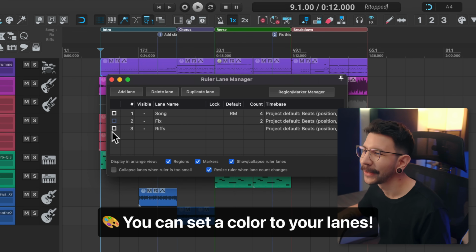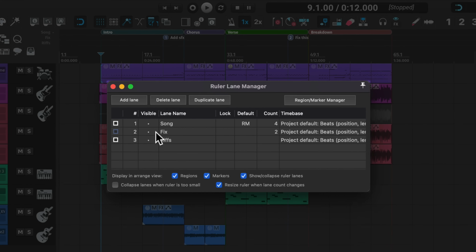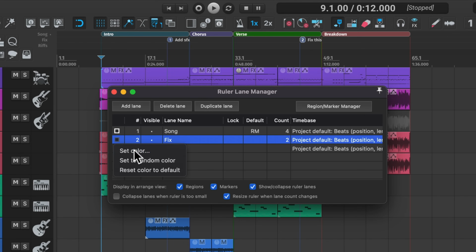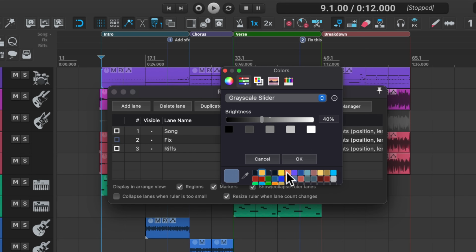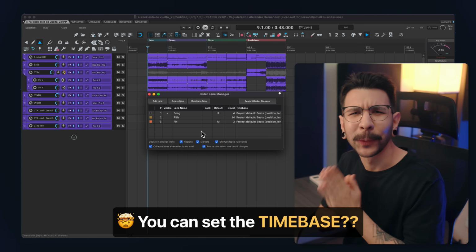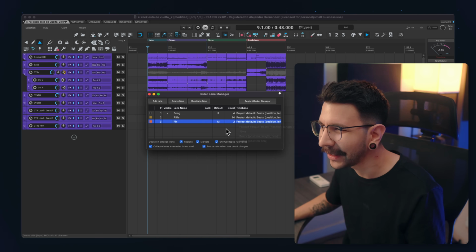One thing I love is that you can set a color to your lane. So for example, the fits lane, where I have all of my markers, I would like all of those markers to be orange. So I can just set the color in there, click OK, and now all of those markers are orange. Another really crazy thing is that you can set the time base of any of the lanes,